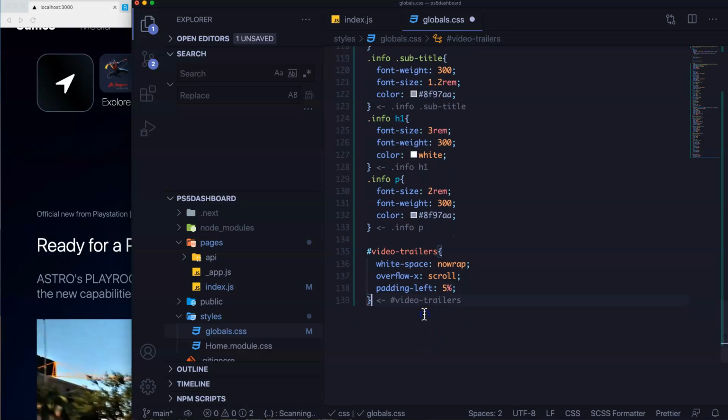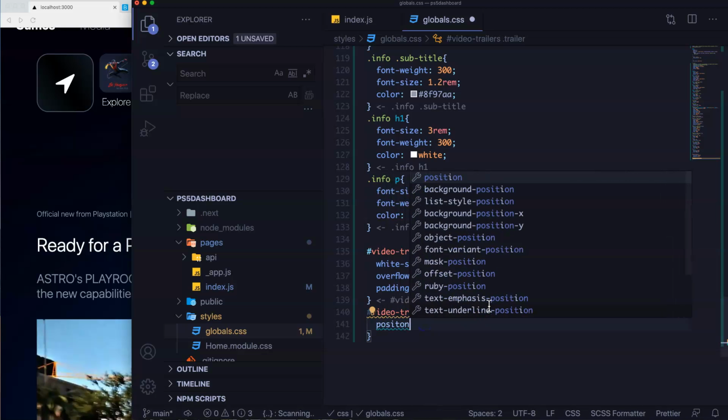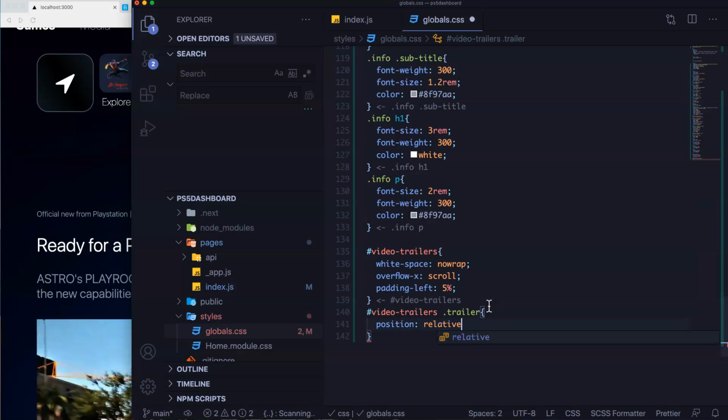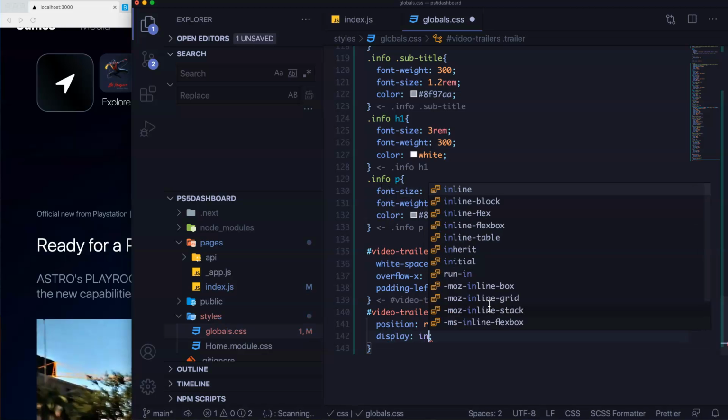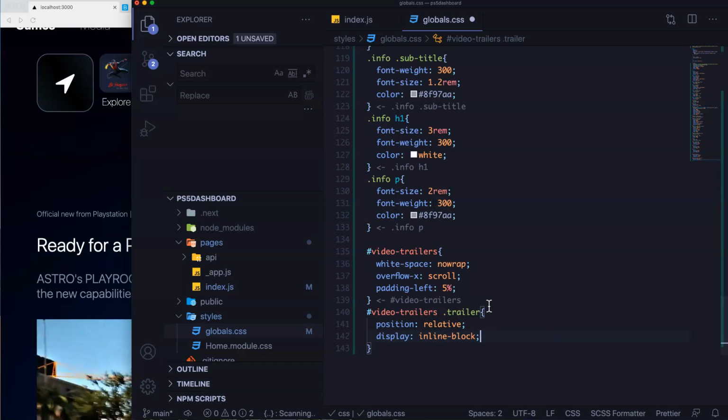Okay, just like that. Then we're gonna go into the video trailers. Copy this. I'm just gonna paste it here to not write it again. And here we're gonna say trailer. So now we're targeting all of the trailers, and we're gonna say position relative. Display is gonna be inline block. We're gonna say white space,